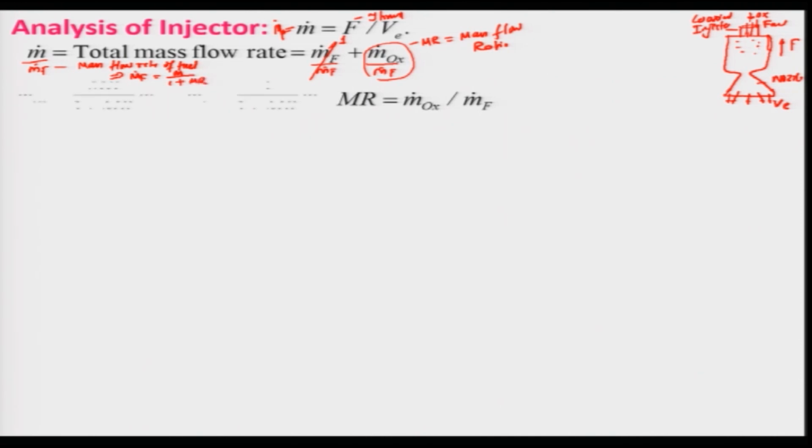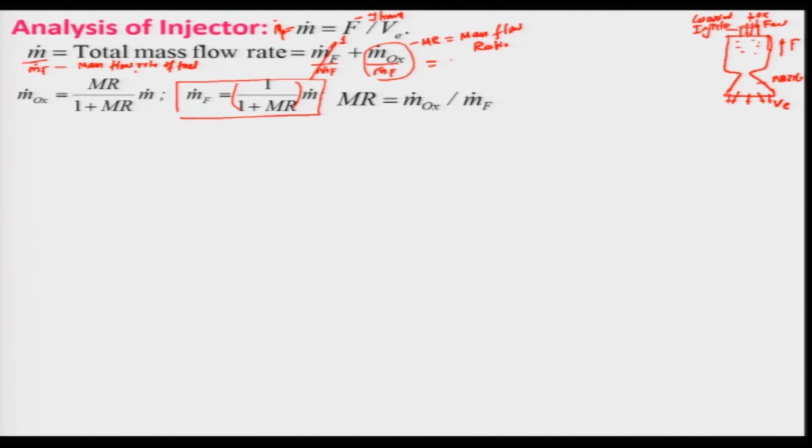So, we can write down m dot f as nothing but 1 over 1 plus m r into m dot, and similarly from this we can get the m dot oxidizer, which is nothing but your m dot f into m r. So, I will get m dot oxidizer equal to m r divided by 1 plus m r into m dot. So, if I know any one of the mass flow rates, and if I know the mass ratio or the fuel oxidizer ratio, which is basically m r,